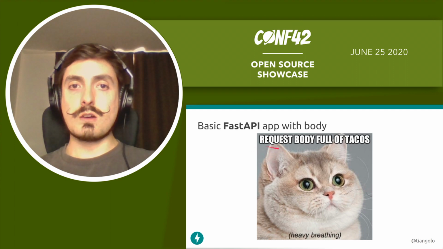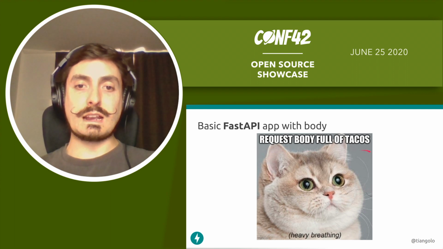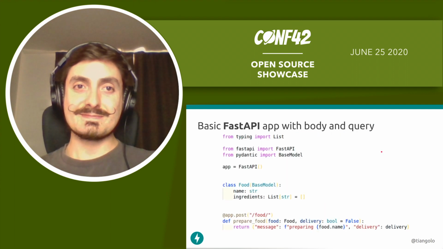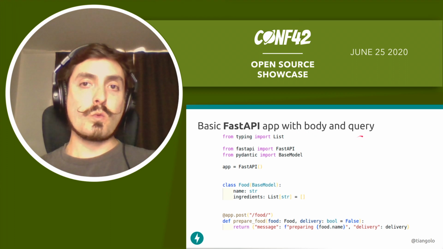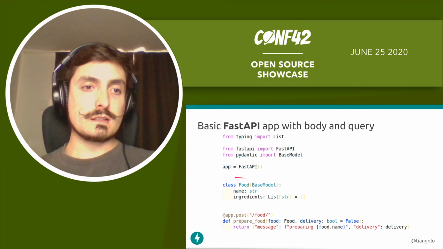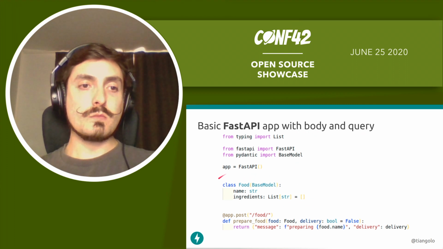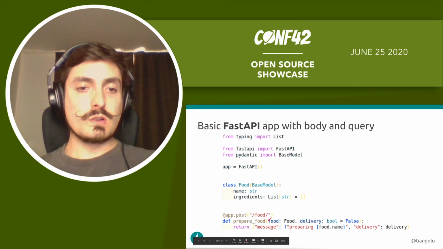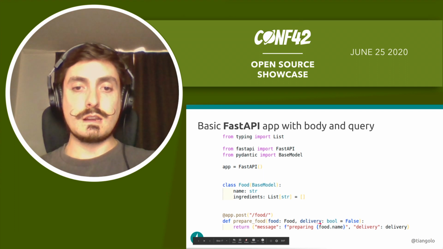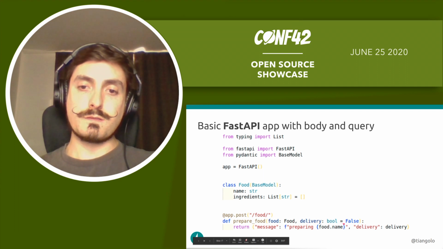So, this is how a request body full of tacos might look. Now, let's say that we want to declare a FastAPI application that takes a body and a query parameter. So we declare the Pydantic model as we were doing before. And now we declare it here. This is all the same code, but we are also declaring this delivery, which is a Boolean by default false,